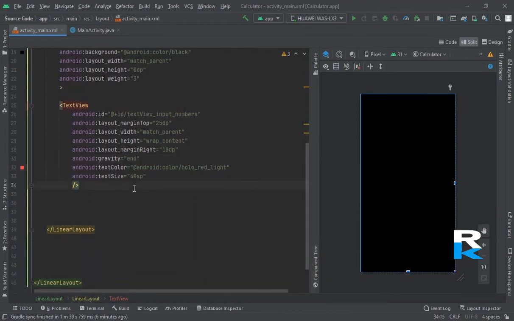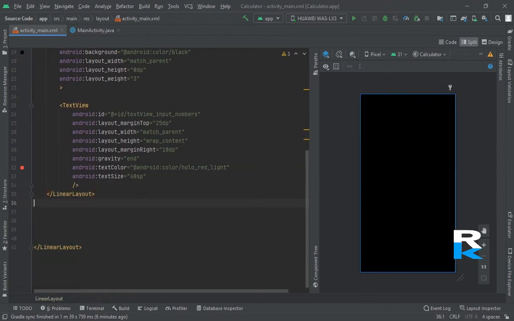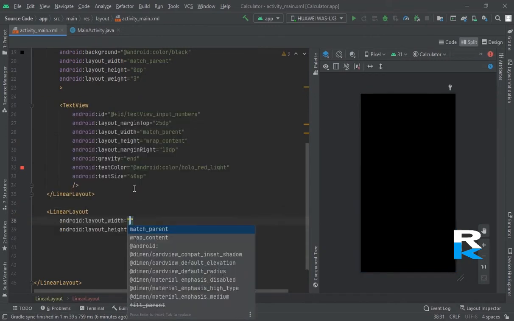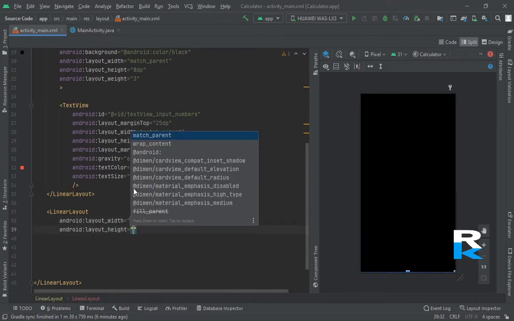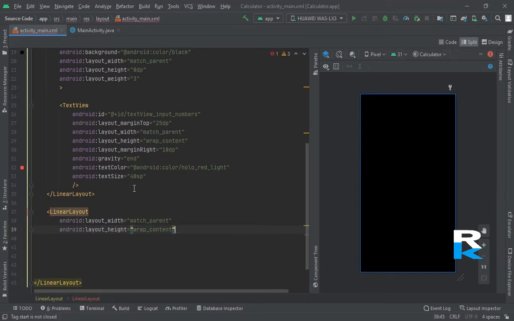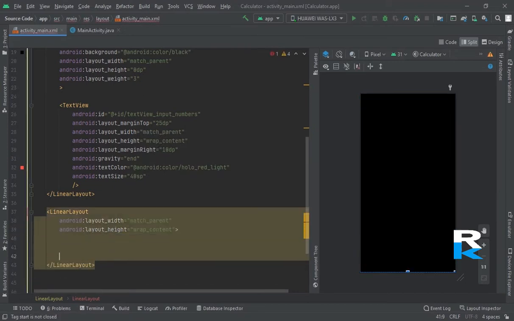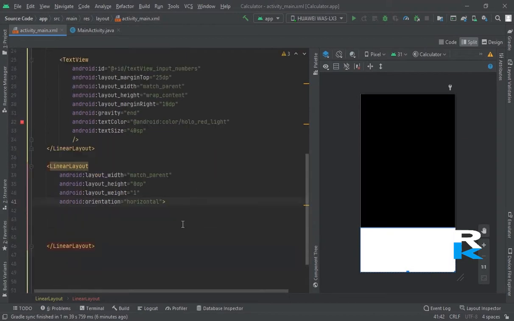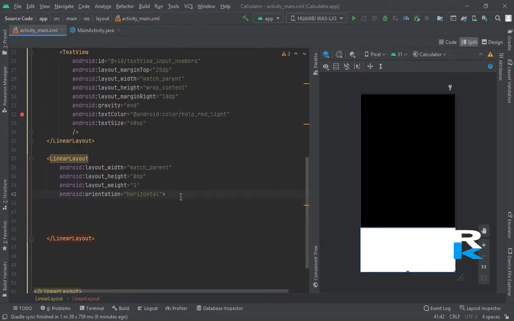Now next, let's create one linear layout for the buttons. Linear layout. Fine. Match parent, wrap content, close this. I have created this linear layout for these buttons.